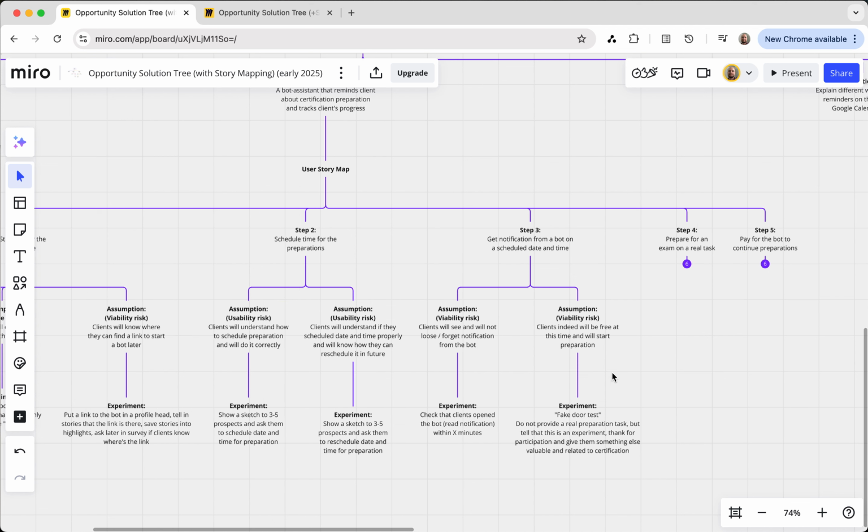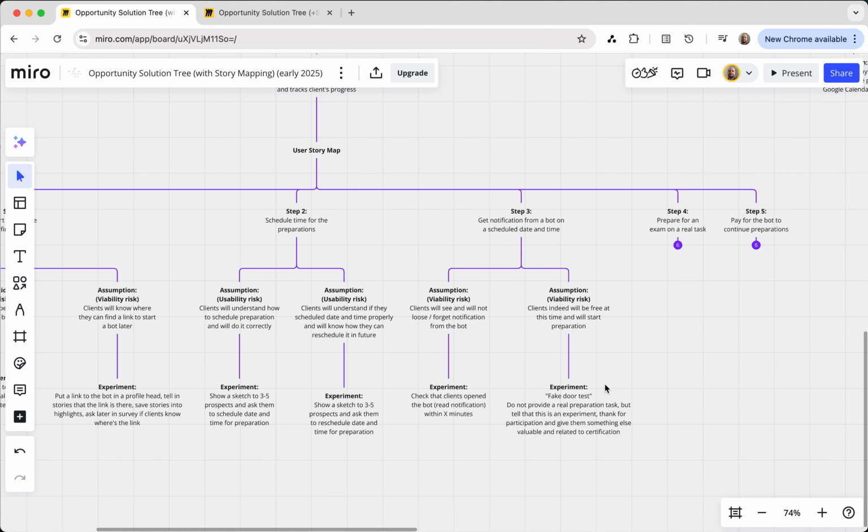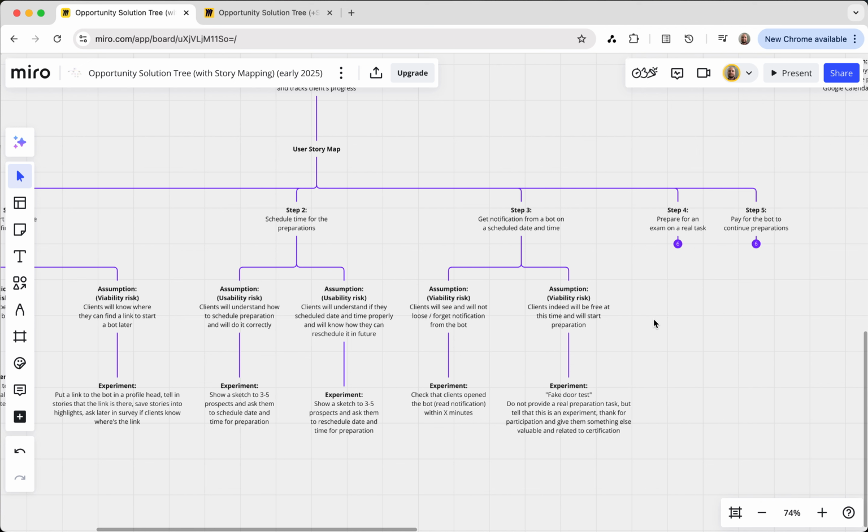And for example, this one, where they will start preparation, we can again implement a fake door test, so we don't need to prepare a real class for the exam. We actually don't want to disappoint our clients. That's why we can make a fake door test, so we can provide a fake preparation, a zero class for our client, but we can provide some valuable information for them, like some stats,